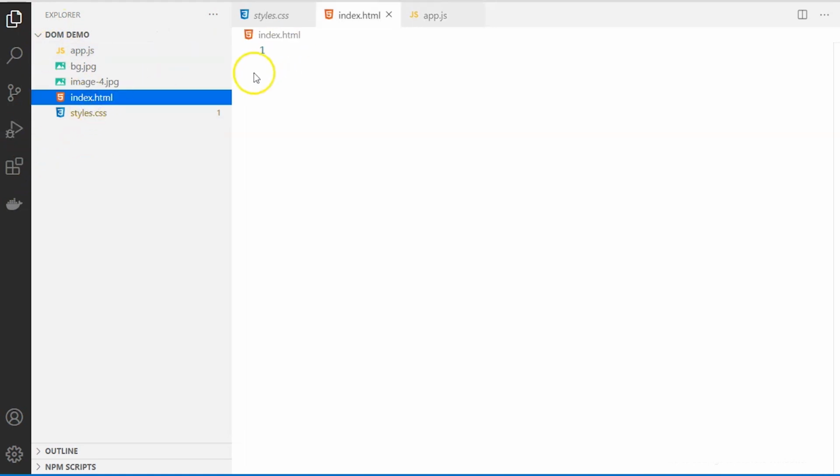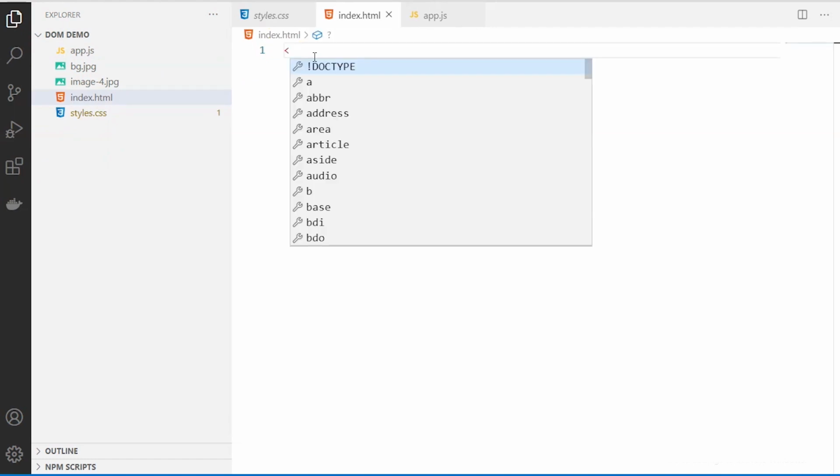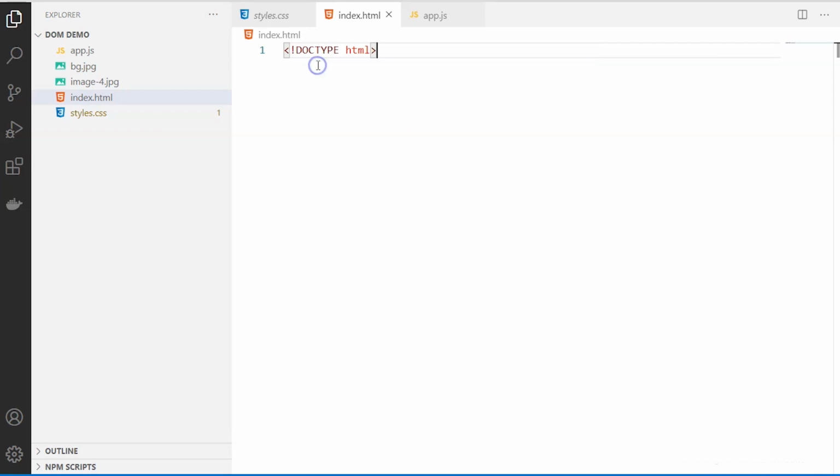All right, so inside my index.html, let's start with our coding. You can see that very nicely, IntelliSense is also popping up. Here I say that it is an HTML5 document. Earlier we had the HTML4 version for many years.